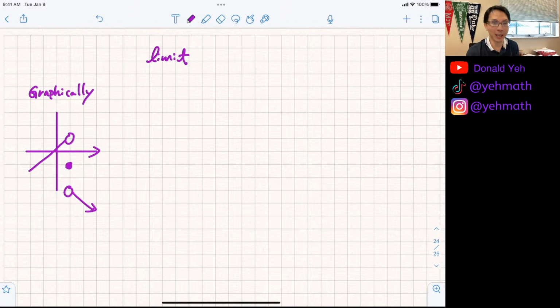So graphically, basically, you have to read what is approaching from the left or right. And if you take the limit as x approaches 1, it's going to be does not exist because they reach different values. So that's graphically. Now, algebraically, there are